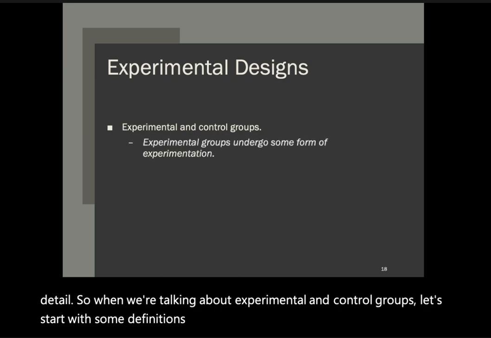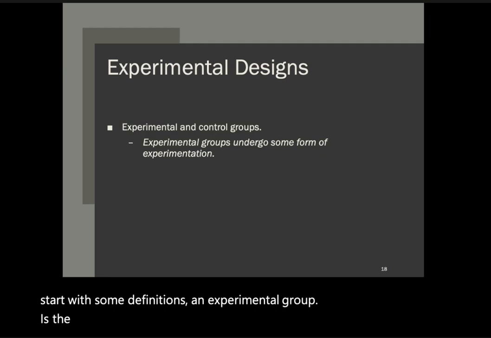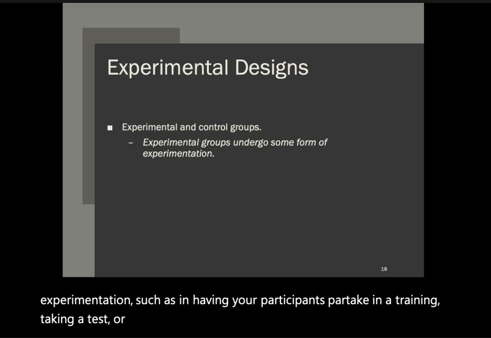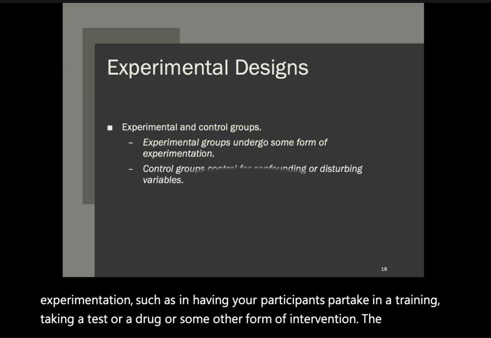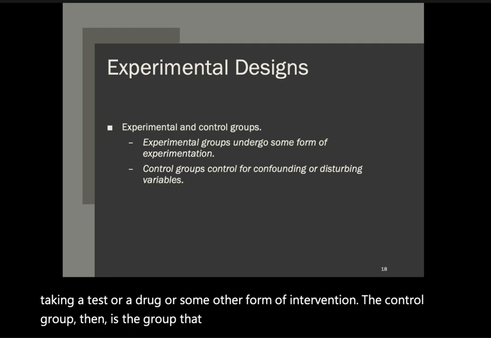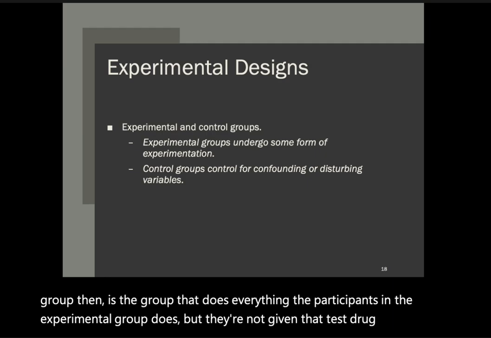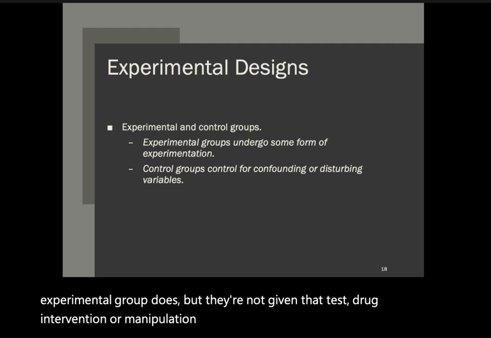An experimental group is the group that undergoes some form of experimentation, such as having your participants partake in a training, taking a test or a drug, or some other form of intervention. The control group then is the group that does everything the participants in the experimental group do, but they're not given that test, drug, intervention, or manipulation,